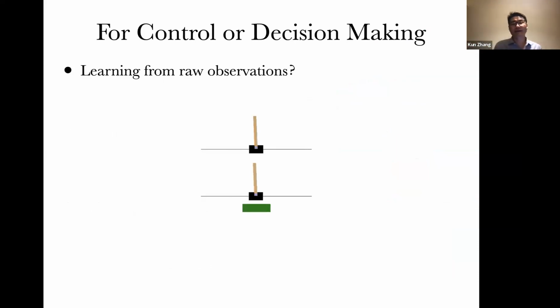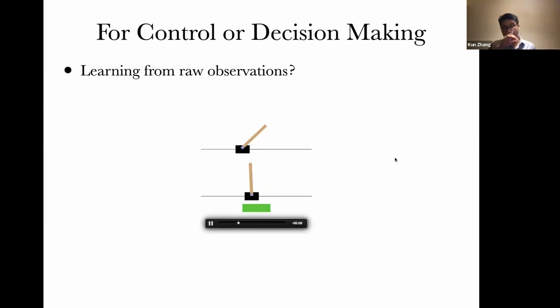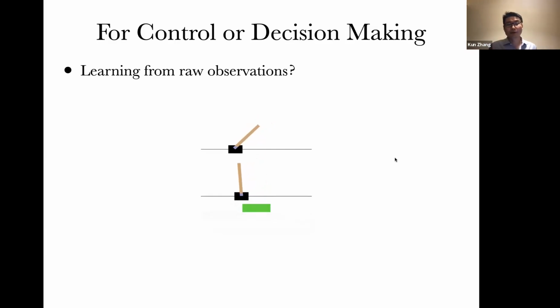Now let's look at this modified cart-pole problem right here. Suppose now you have no idea about the underlying process. What you see is just the video, right? At the same time, you just want to keep the inverted pendulum balanced. That's the goal, but you have no idea what to do. We can only observe it. So you can see this video, and then you want to see what to change in order to achieve your goal. In this particular case, you want to keep the pendulum balanced, right?